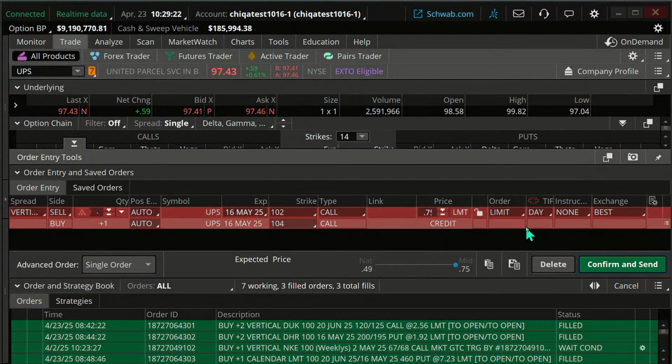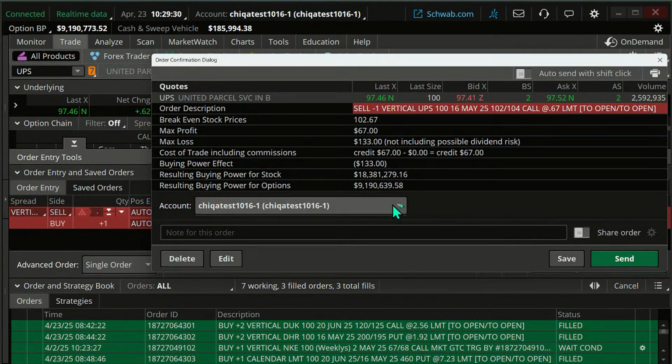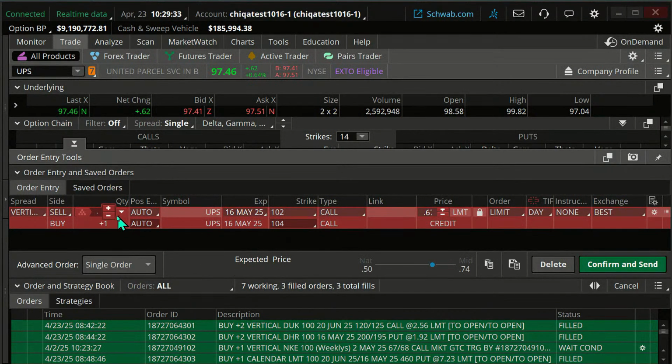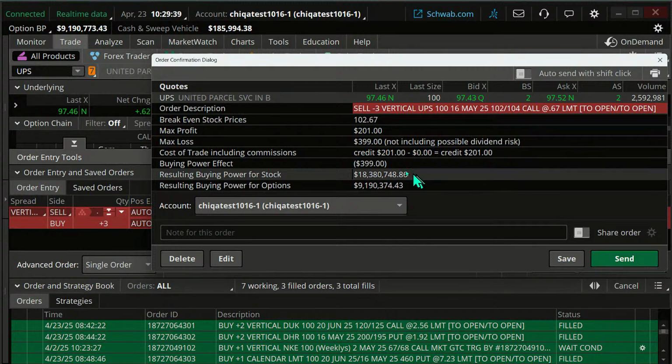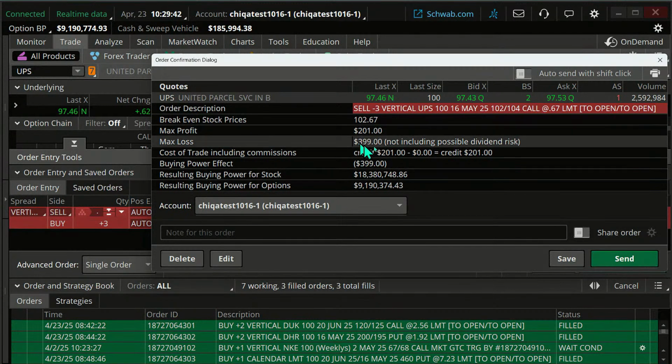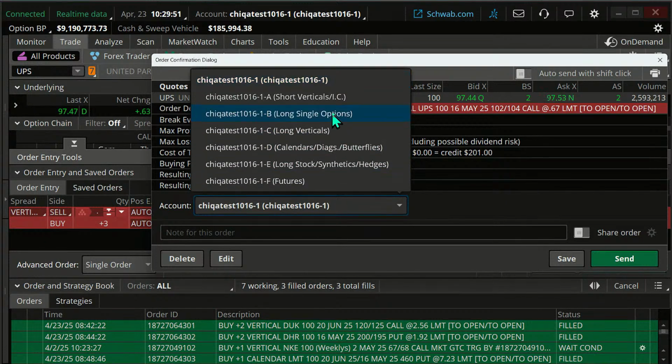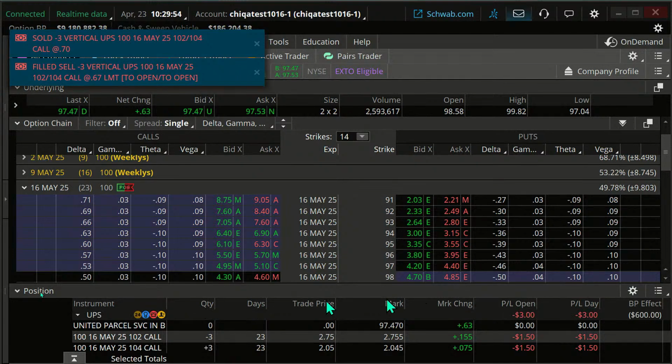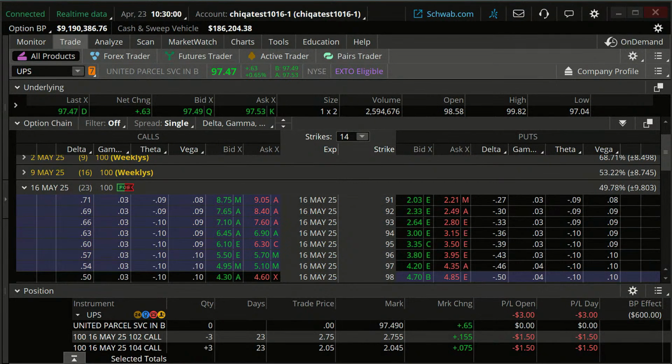Okay, so here's what I'm going to do. I'm going to enter this order, and I'm just going to put this in. I'm going to confirm and send, and we'll do 3 contracts on that. That's giving us a max loss of around $400. That's the theoretical max loss. Remember, short options can be assigned early. Okay, let's do this. And I'm going to add in a short vertical into the mix there. Okay, so we just added that in there. Okay. I want to do another quickie here, and then I want to get to trade management.